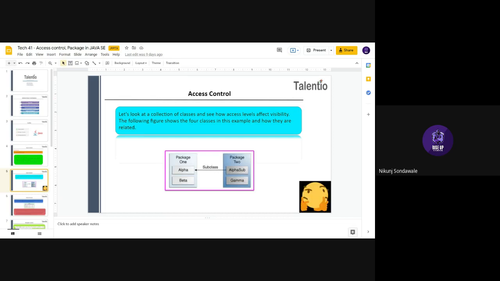So depending upon the access level, you can decide which methods or entities of your class can be accessible within the class, outside the class, outside the package, or in the whole world. This access level will decide that. This is the significance of access level for a package.